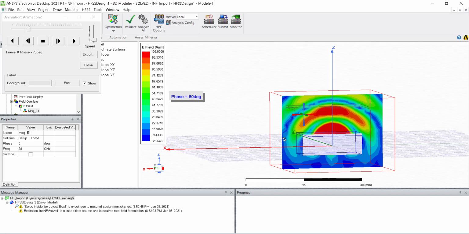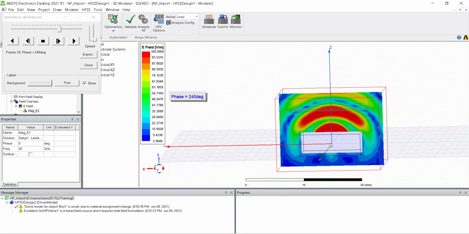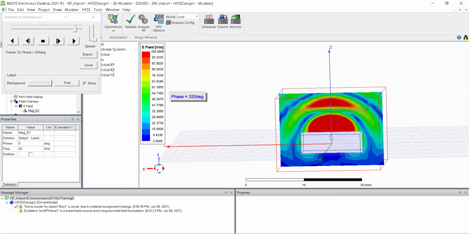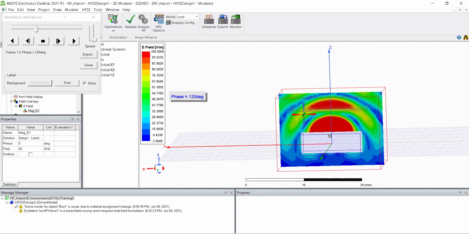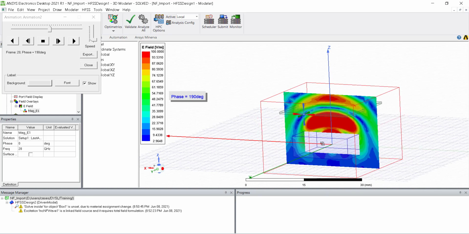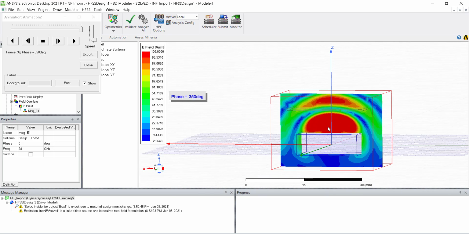So you can see the field is actually linking from another design and coming into this design, and it starts radiating, and you can see the field propagating through the plastic Teflon material.